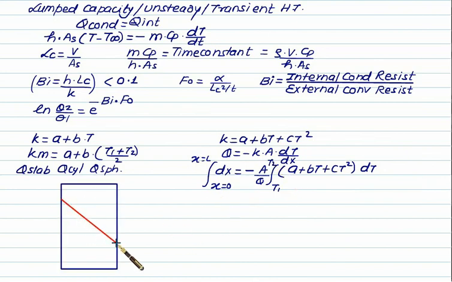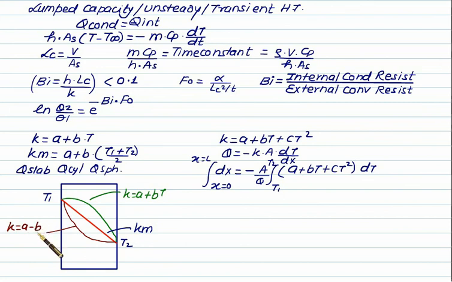If we join the two temperatures by a straight line, then this value always represents the mean thermal conductivity. If we join the 2 points by this curve, it represents the positive term here, that is k equal to A plus B multiplied by T, that is thermal conductivity increases with respect to temperature. And if we follow this curve, in that case we have a negative sign here, that is k equal to A minus B multiplied by T, that is thermal conductivity decreases with respect to temperature.